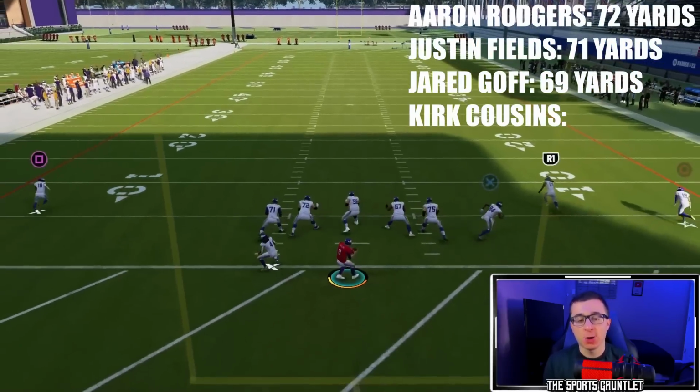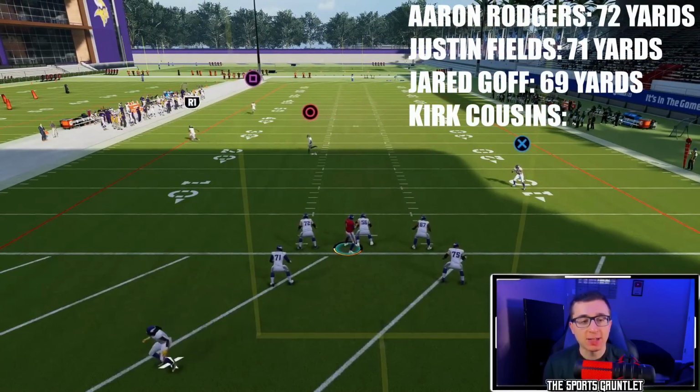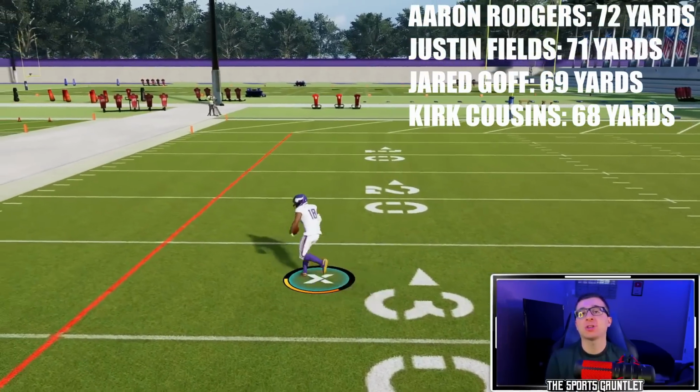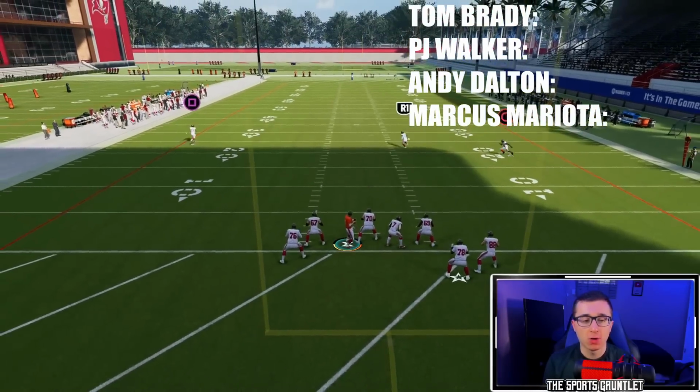Final NFC North quarterback, it's Kirk Cousins. 72 yards is the score to beat. We got Justin Jefferson looking to get gritty here in the end zone. Good throw by Kirk, but not good enough. Rodgers is moving on. To the NFC South we go, and why not start it off with the GOAT, Tom